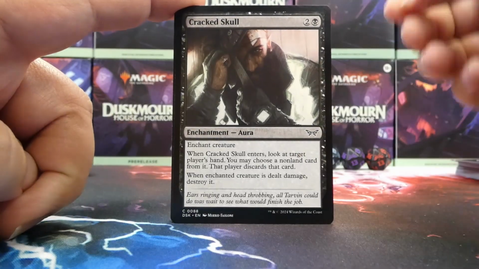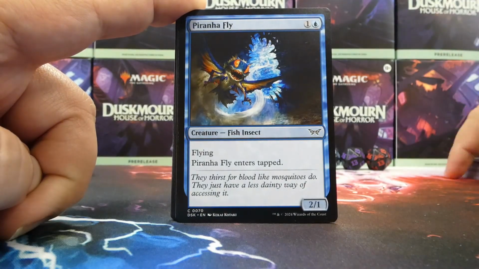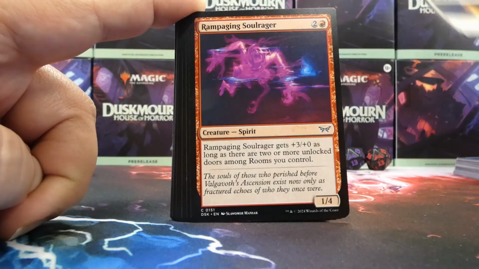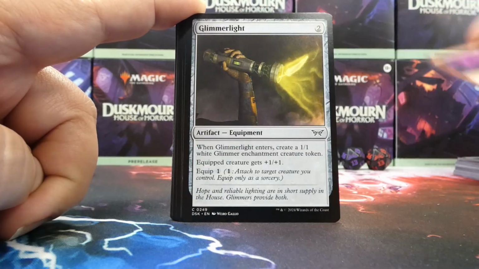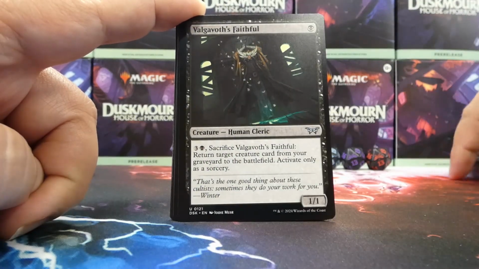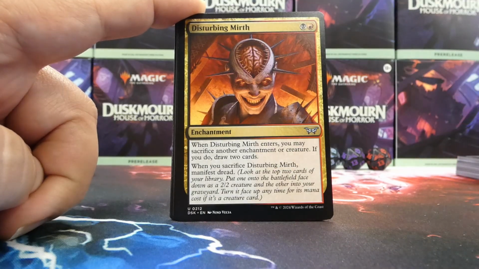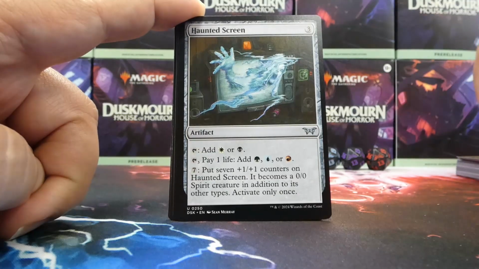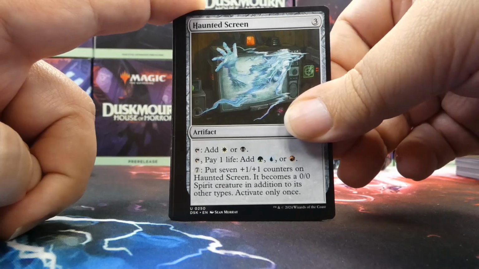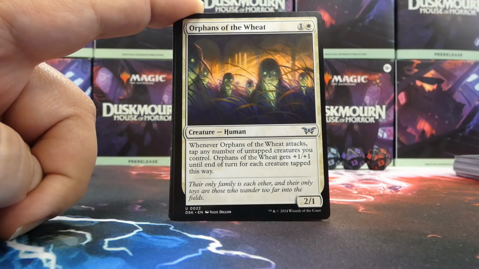We have a Cracked Skull. That's our first Cracked Skull of the day. Interesting. A Horrid Vigor, Piranha Fly, a lot of unique cards. Possessed Goat, a Rampaging Soul Rager, Glimmerlight, Frantic Strength. Valgavoth's Faithful is our first uncommon, Disturbing Mirth is our second, and Haunted Screen is the third, which means our next card is Orphans of the Wheat, another uncommon in white,